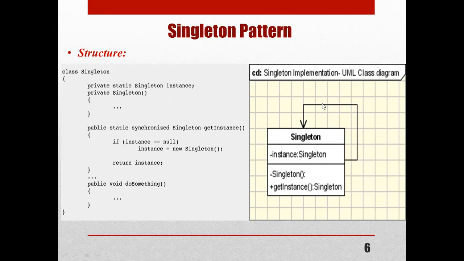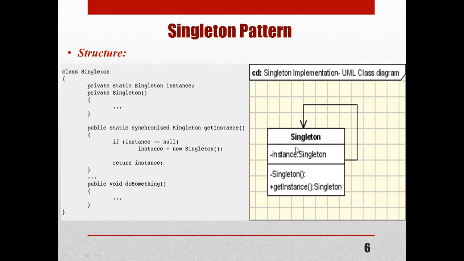And this is the recursive call here. You can see the recursive call for the object itself. Here you can see the class Singleton is there, with a private static Singleton instance. We are going to use static here for that instance, and we are going to implement that method for that class. Okay, this is all about the singleton pattern here.